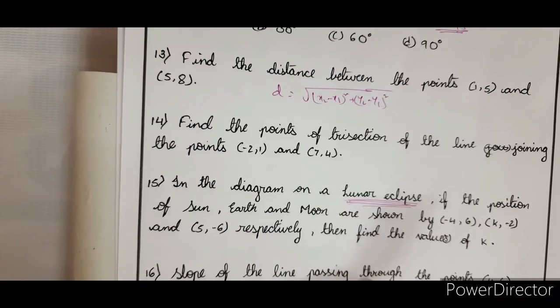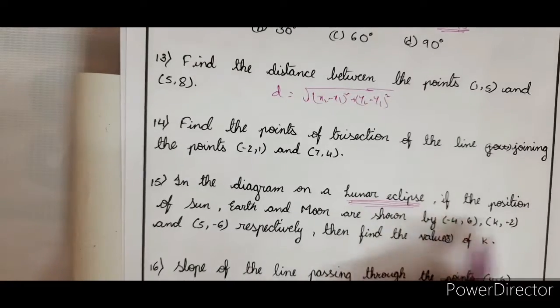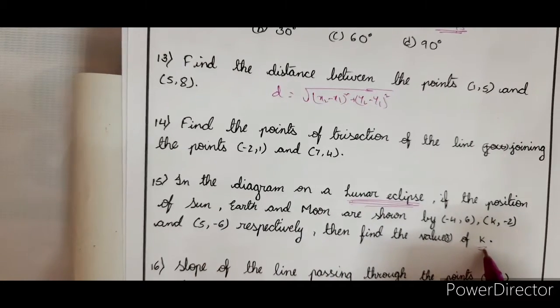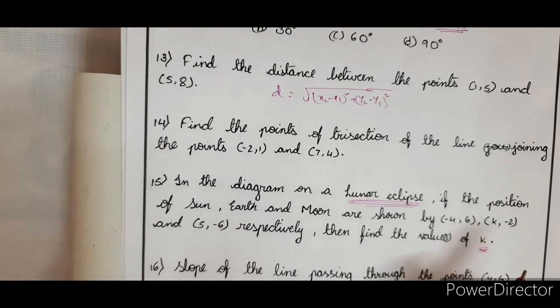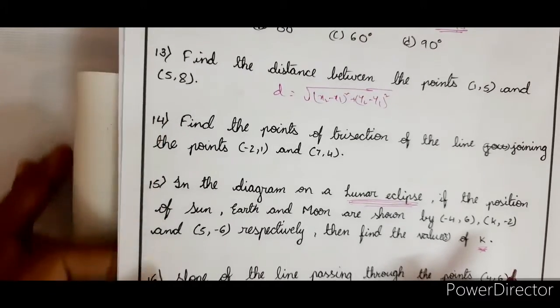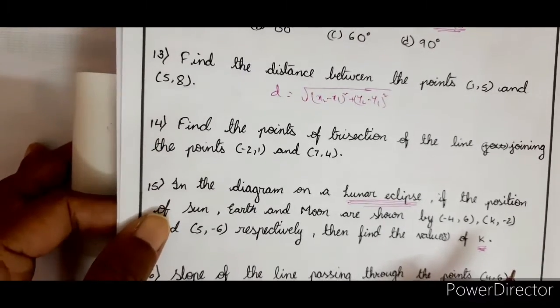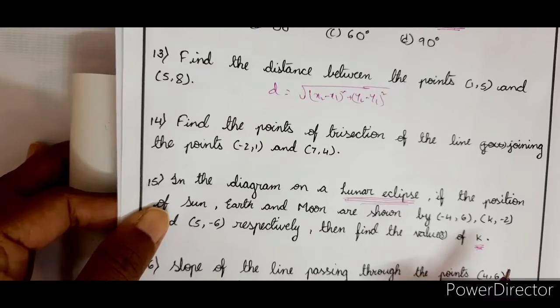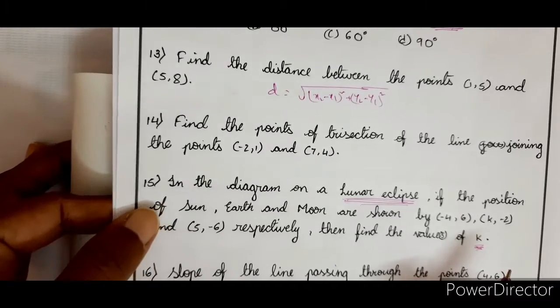Right? So here, the point is that lunar eclipse is formed means on one side you have sun, then afterwards the earth, then afterwards you'll have moon. So all the three are on one line and their locations are given here. Then find the value of k. Now we are going to apply the concept of collinearity. What is the concept of collinearity? When 3 points are along the same straight line, AB plus BC is equal to AC. So we are going to use the same concept here to solve the problem.